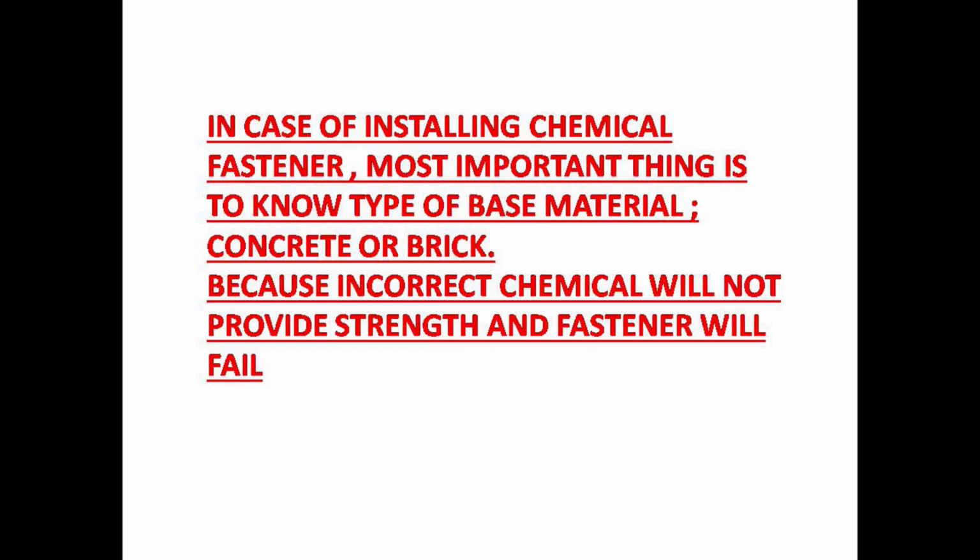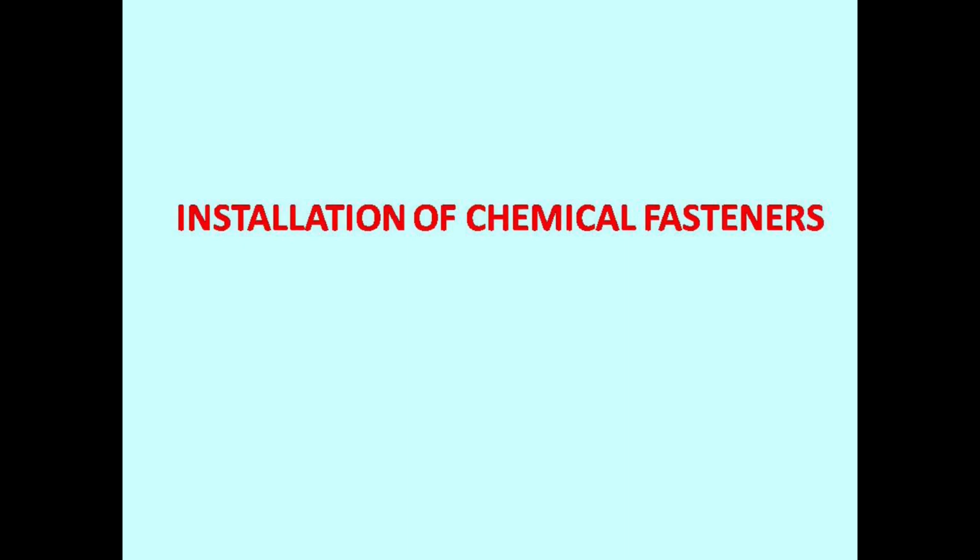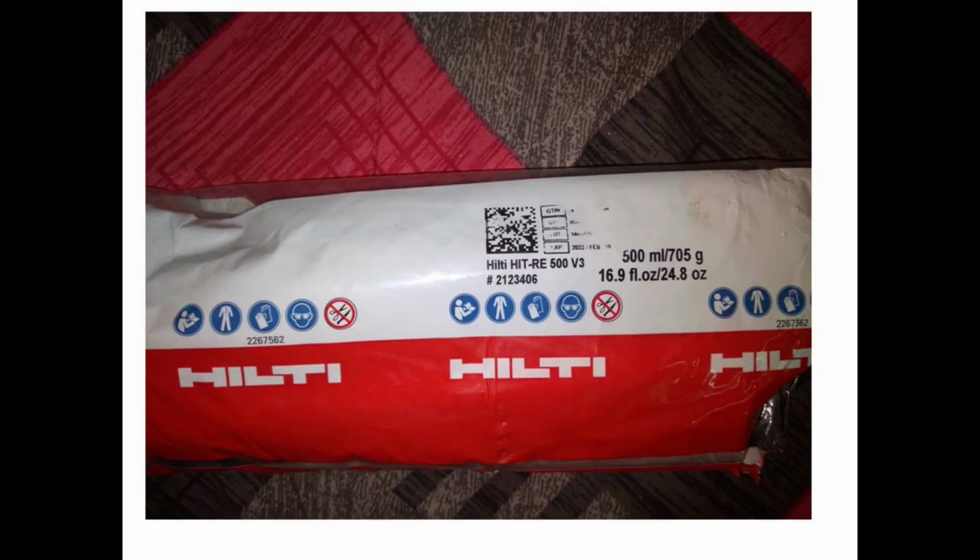I advise that if you are not certain about your construction base material, then you can chip off the wall or construction base at a few places to know what exactly the material is. Then you need to inform this material type to your anchor fastener applicator so that the correct adhesive can be used. We informed our applicator that our parapet wall is made of concrete, so the right type of chemical is procured, which is Hilti RE500 V3 in our case.